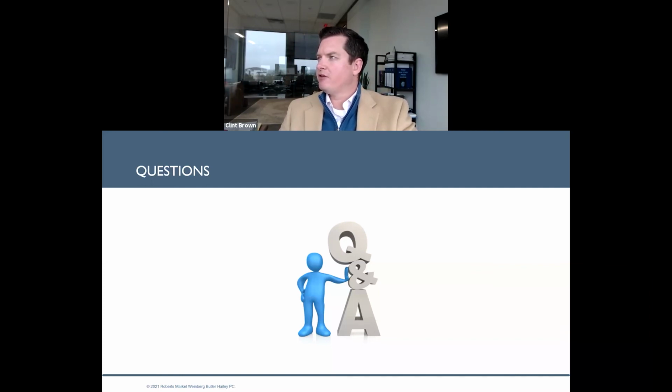You mentioned damage caps. What are they? I think it's a $1 million cap, and then there's some other statutory caps. It's in one of the previous slides, but those caps are in place, and more than likely they'll be applicable as long as you meet certain insurance requirements. If you want to shoot me an email, I can send you the correct statutory provision that establishes those damage caps.